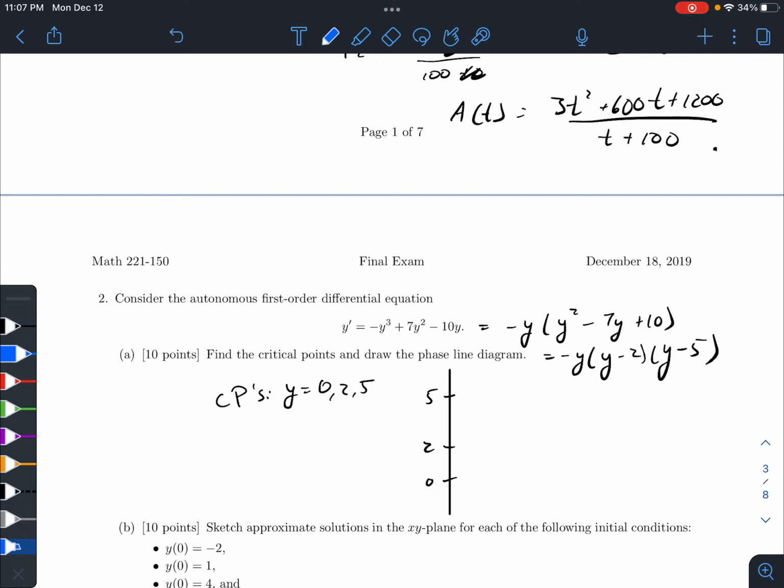If I plug in negative 1 over here, I get positive 1 times negative 3, positive times negative times negative. So I should get positive. So it's going to be going up